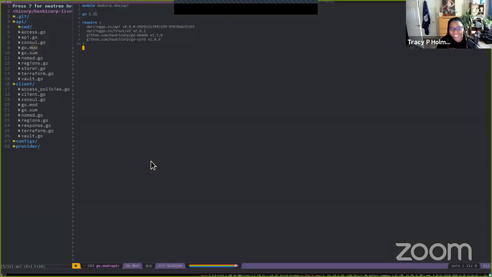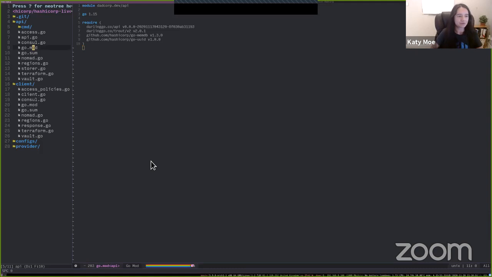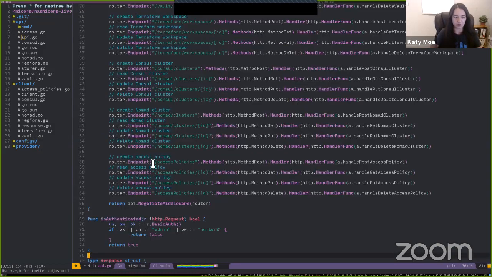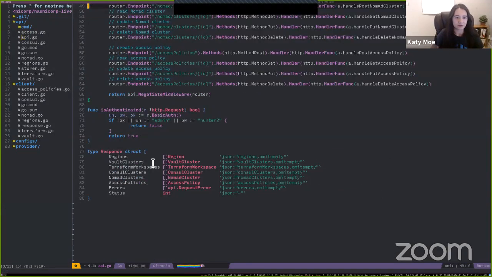Nice. So I'm going to show you the sort of API we've designed, but the real point here is the providers. We've essentially got an API which is based on a cloud service. In this cloud service, you can have Vault clusters, Terraform workspaces, Console, Nomad.